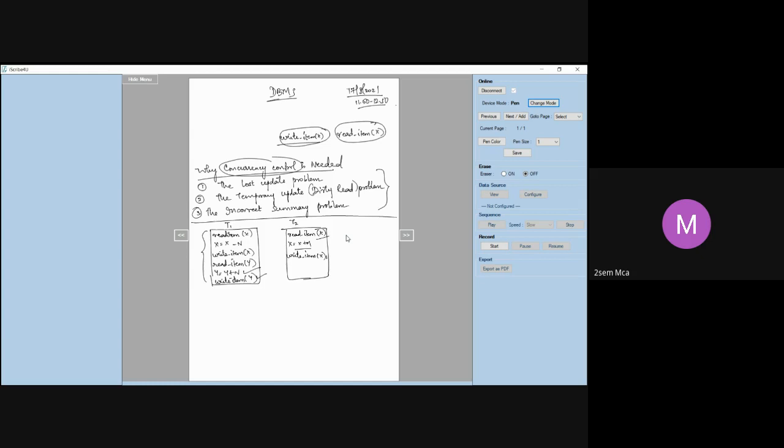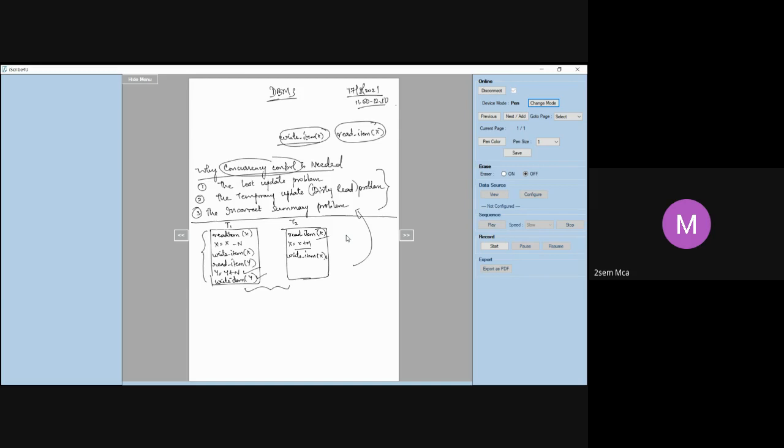This T1 is one kind of transaction. T2 is another kind of transaction. Why I'm showing you this is, these are the kind of transactions that we will be dealing with when we are dealing with these three problems. So I'll be considering these kind of transactions to help you understand what these three problems are.